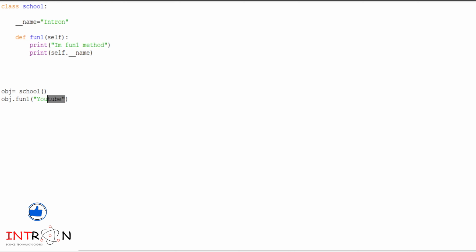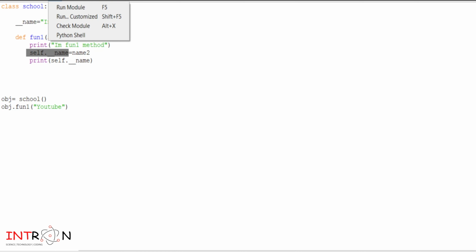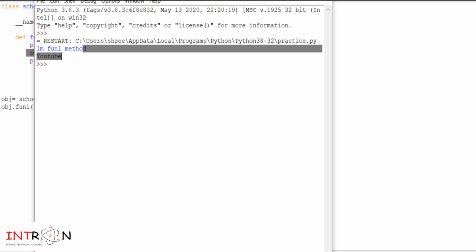So I am passing a parameter to the fun1 method, that is YouTube, and it will be received here as another variable, name2. Then we simply assign the value, that is self.name is equal to name2. So we have assigned the value of name2 to our self.name variable, and then the value will be changed. Here you can see I am fun1 method, and it prints YouTube.